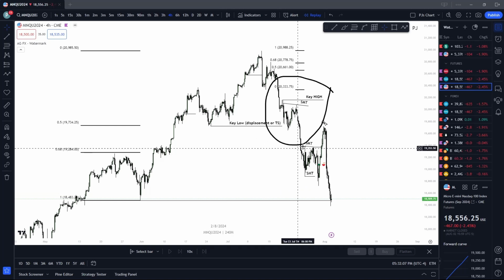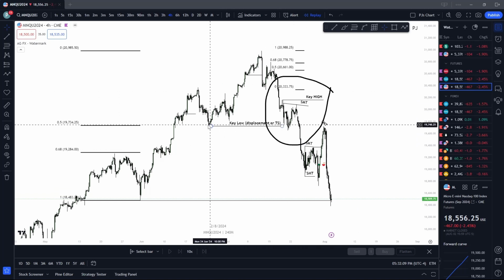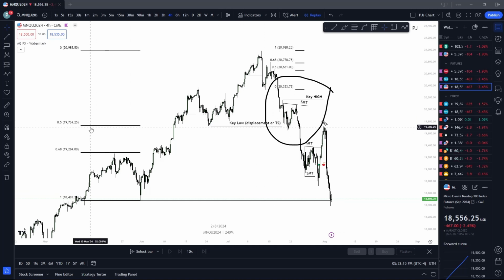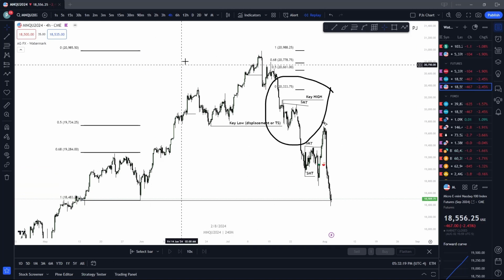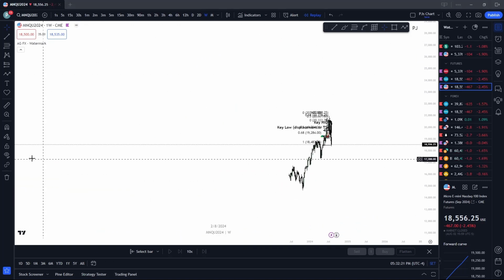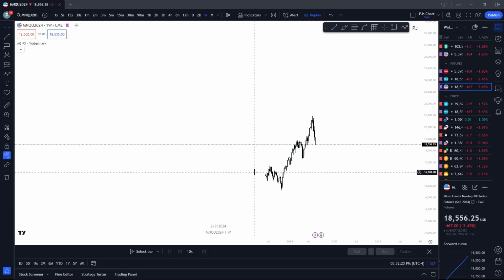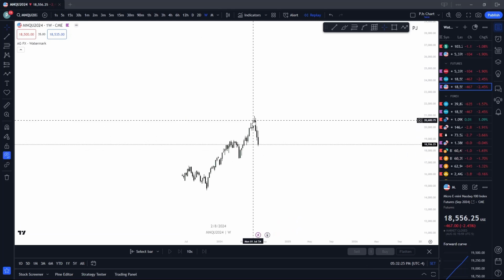So I really like this piece of price action here, because it shows our key low doing what it needs to do. We don't displace through our key low in a discounted price array from our high to our low, looking from the weekly as well, from high to low into the 4 hour,